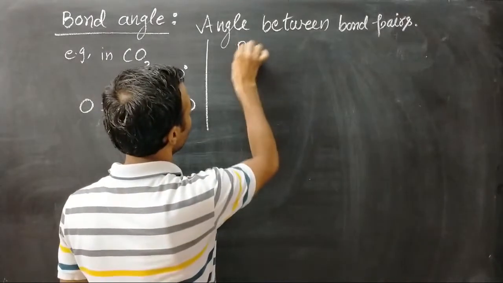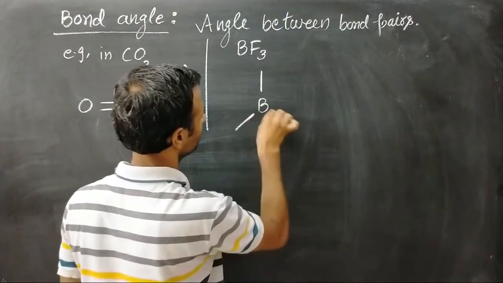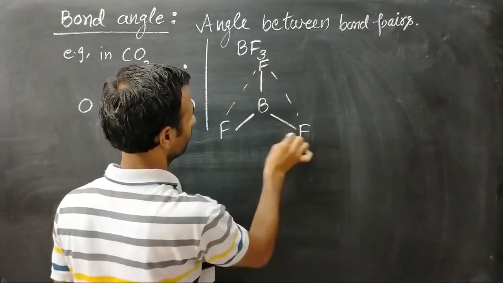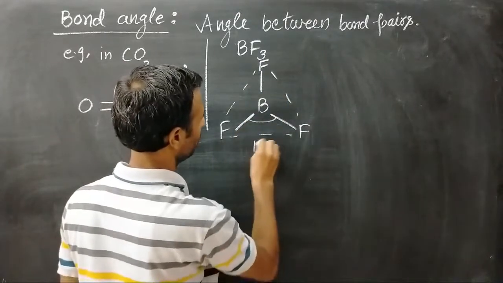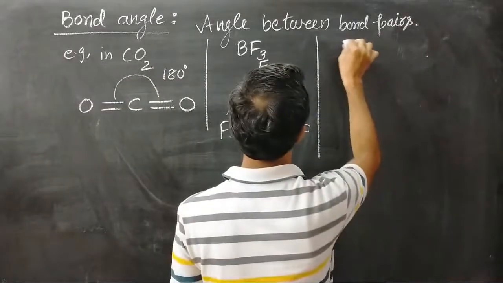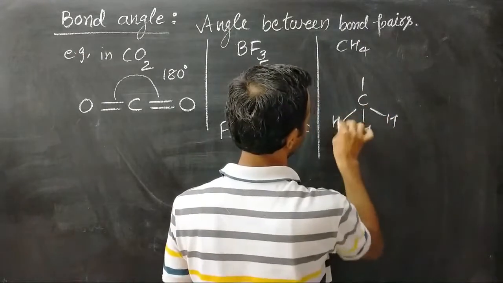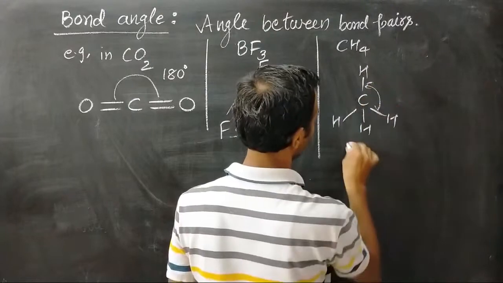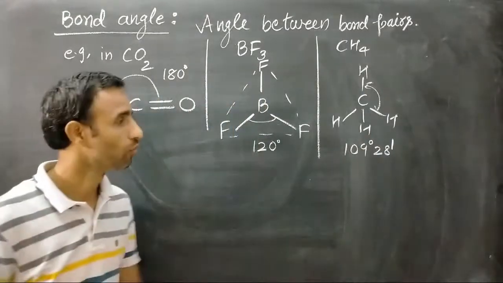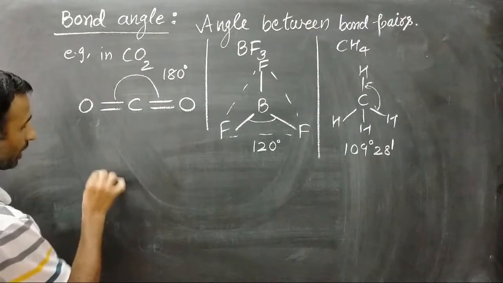In BF3, boron, it is like this. So the angle is 120 degrees. Methane is non-planar and the angle is 109 degrees 28 minutes. And NH3,